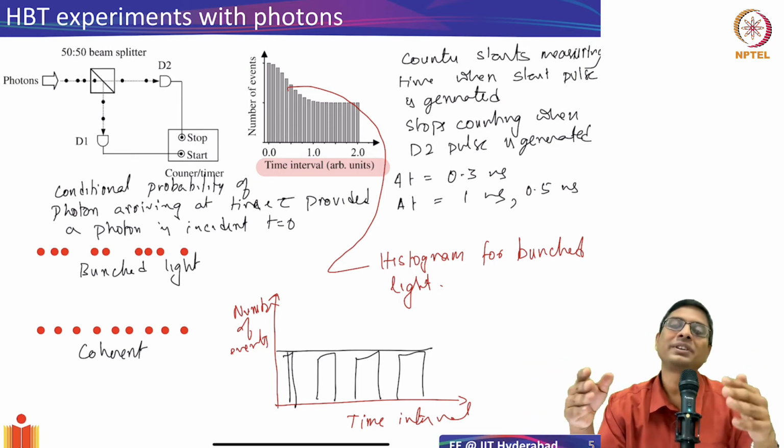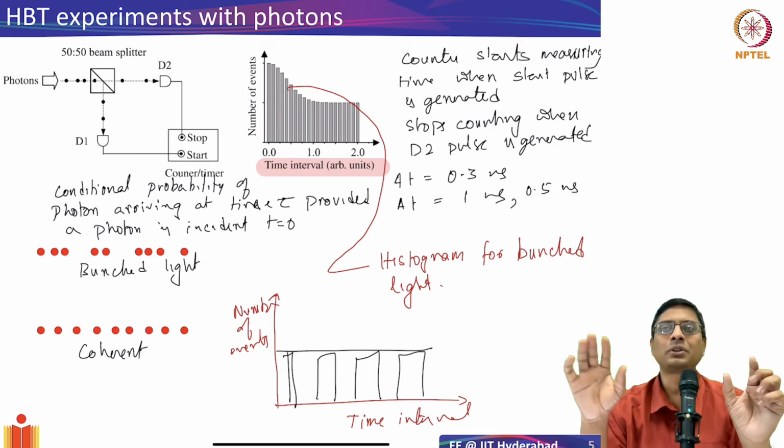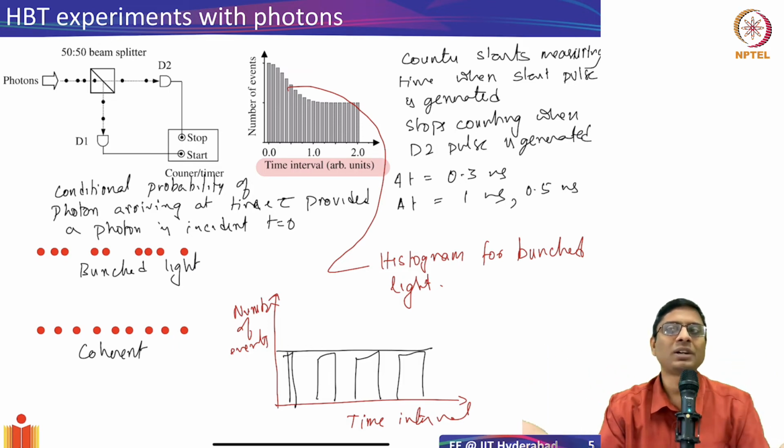Right? And that's what we said, it's a Poissonian process. So the fluctuation is simply going to be the square root of n bar, the average number of photons. So even for a coherent beam, it will happen. It's just that as you keep going into smaller time intervals, you will see that, just because of the discrete nature,